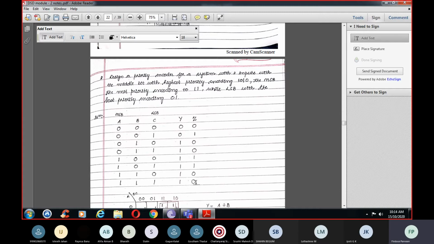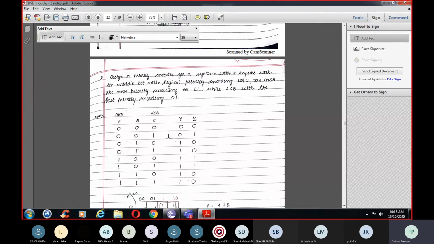Now the next priority is given to which bit? It is given to the MSB bit. So when the MSB is 1, it should be 1, 1. Here it is 1, it is encoded to 1, 1. Here it is 1, encoded to 1, 1. Here also it is 1, 1. But the middle bit is given the highest priority, so it is already encoded to 1, 0. So this will not be written for this one.